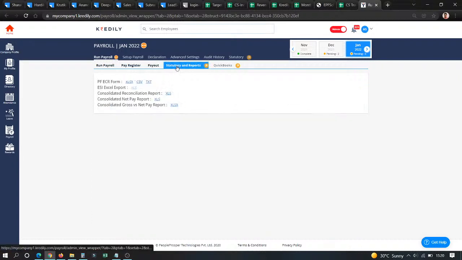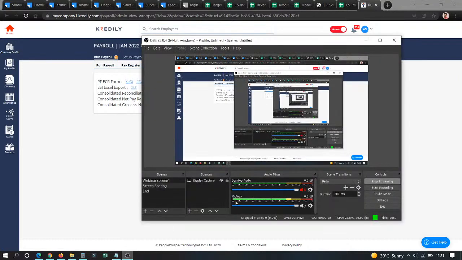Then you will also get your statutory reports, your PF-ECR, your consolidation reconciliation report, consolidated net pay report, consolidated gross versus net pay report. Everything can be downloaded from Kredily itself. So this is how simple it gets, and I would say